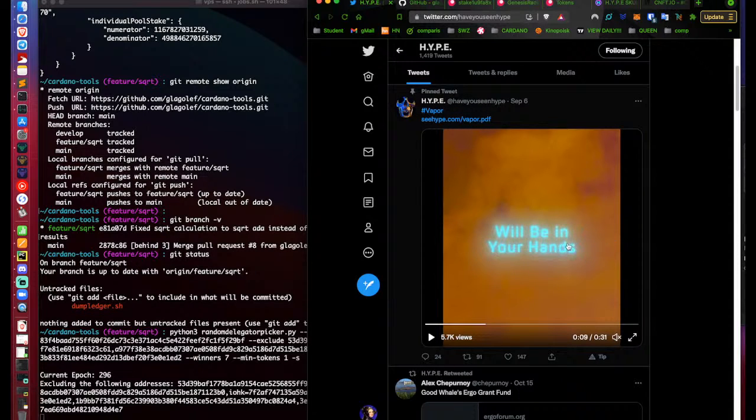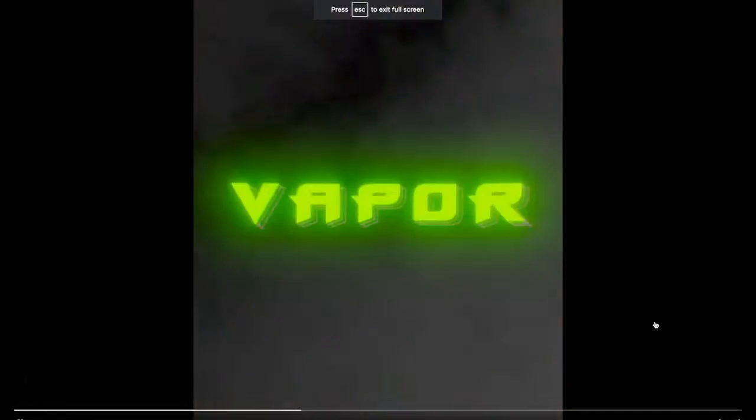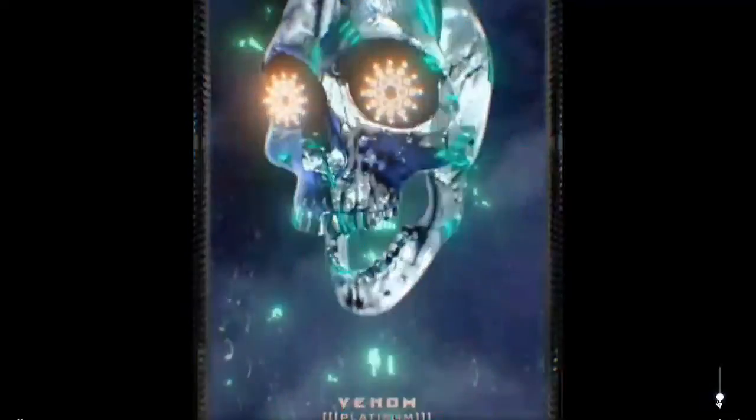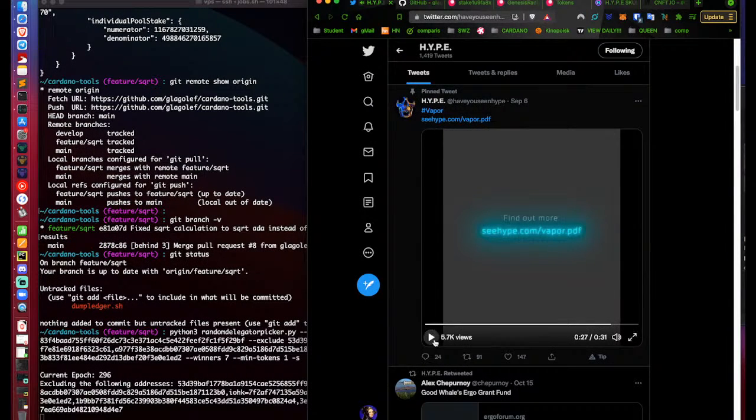And this Vapor adds a special effect to the skull. So here are just 2 examples. Just a little trailer.